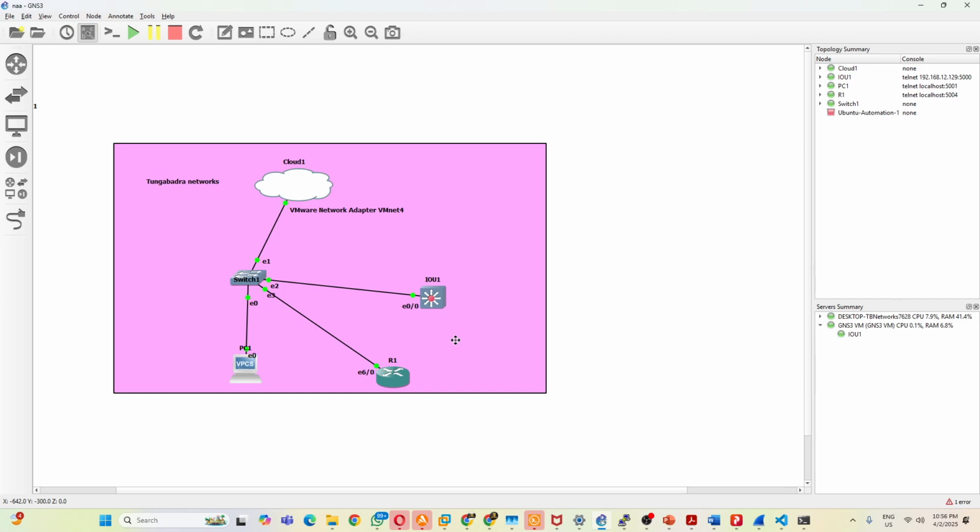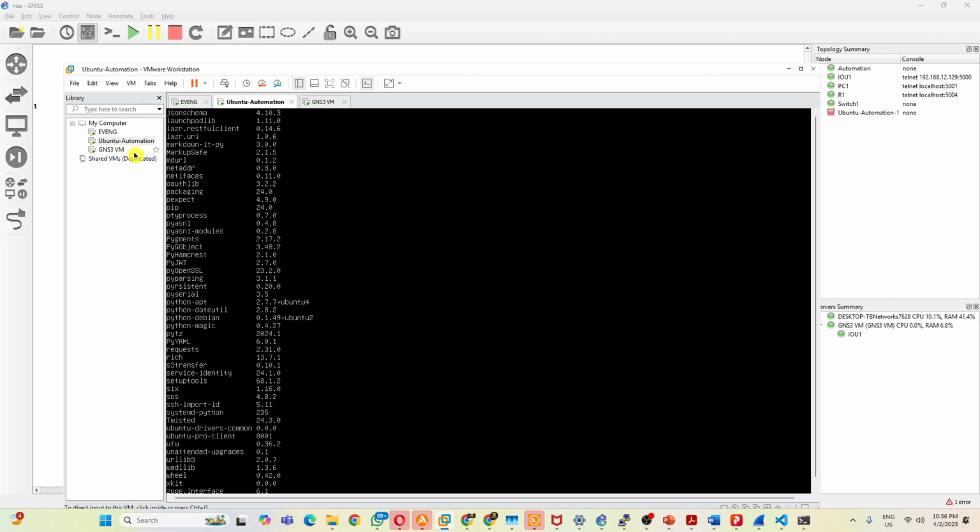So if anything happens to the device, especially during implementation, if you want to configure anything, if you want to troubleshoot anything, you need to log in to the device. So much manual work. So now all these networking devices are connected to automation. So this is my automation server. Okay. Once you add this automation server in your VMware,